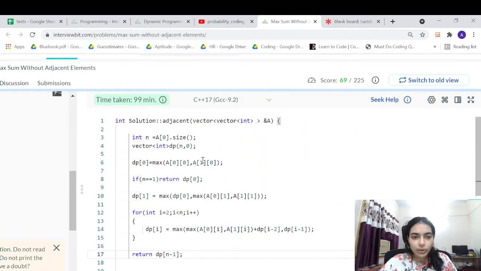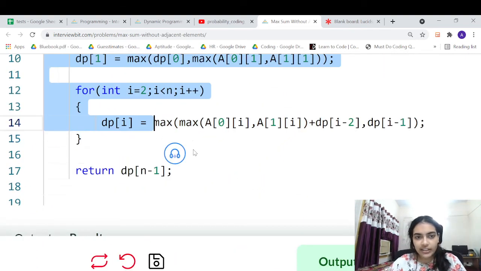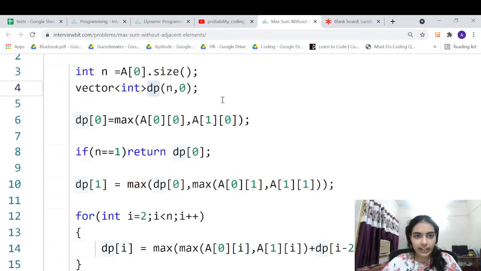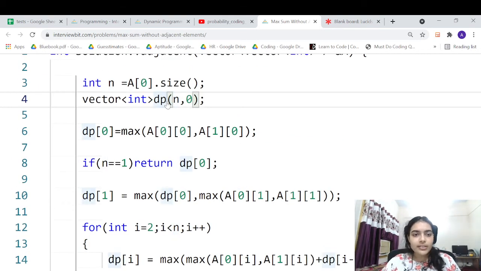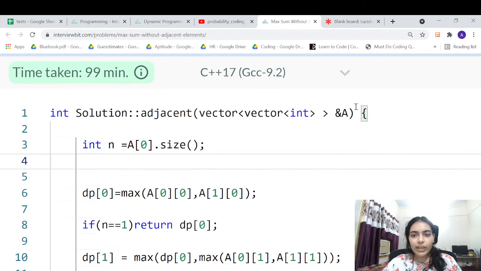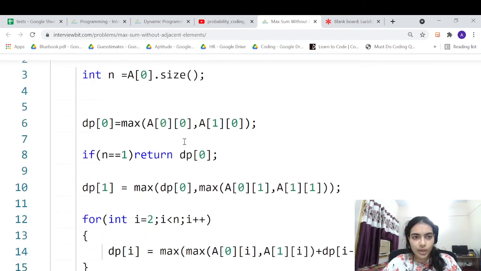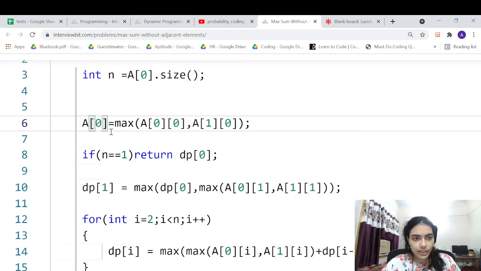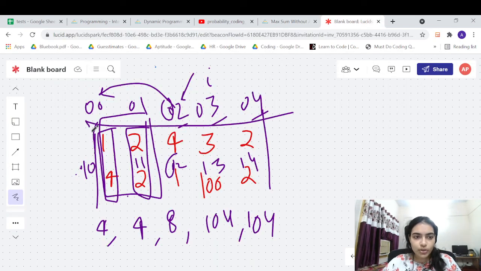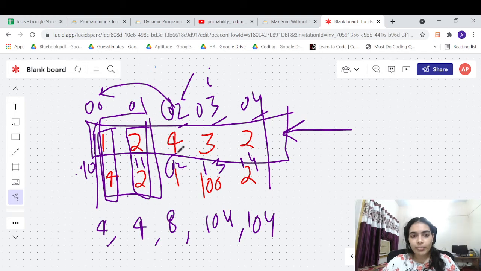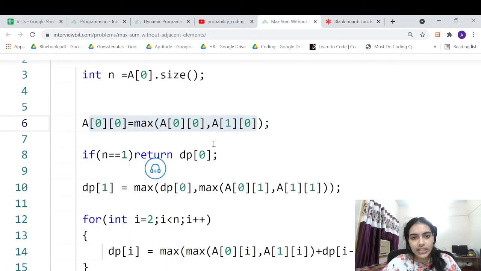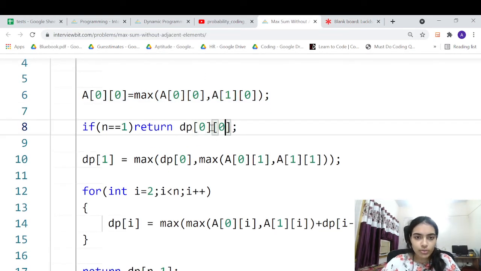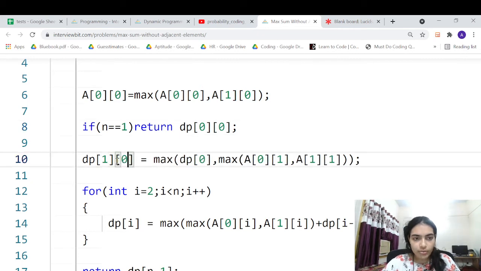But there's one more thing. We have declared an additional vector. We need not actually declare this additional vector, right? By using a itself, you can solve this problem. So how can you solve this problem? No need for this. Here you can simply give a of 0 0, right? Always in the first row itself, you can use a dp. Just think that a dp vector is superimposed on the first row. All the values you can save in the first row itself. So let me show how it can be done.